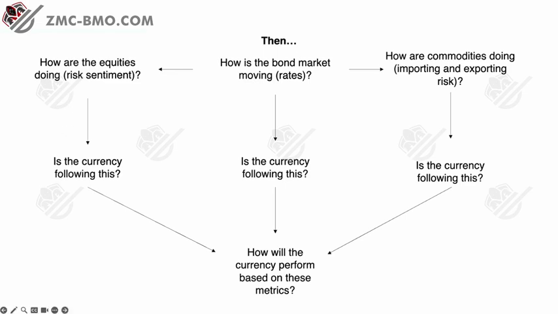Obviously, you'll learn how to do cross-asset correlations in a later video, or in the next advanced section. You'd have to do the spread analysis and see what it's following more. Is it following what bonds are doing? The pound is following what bonds are doing. And then you just consider all of this.